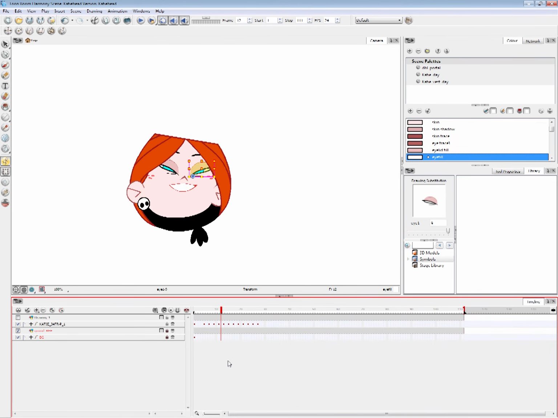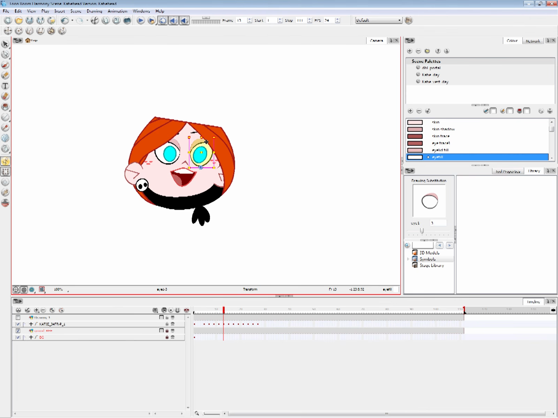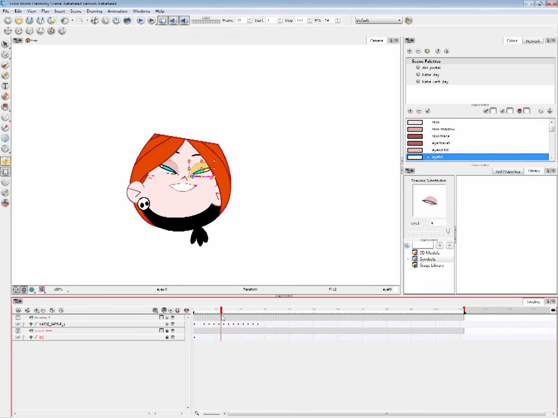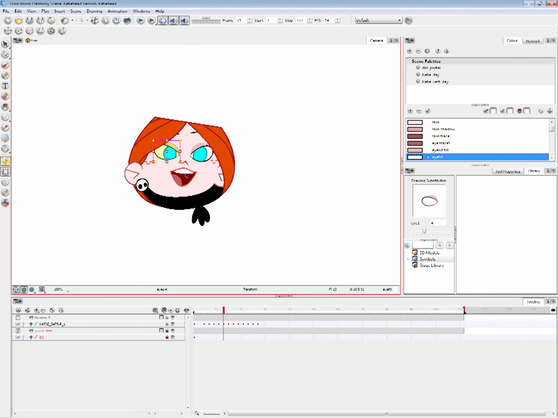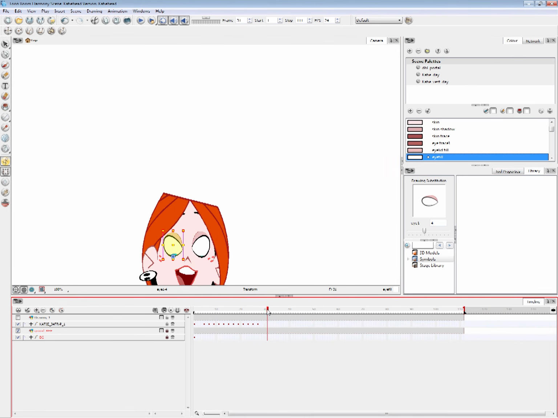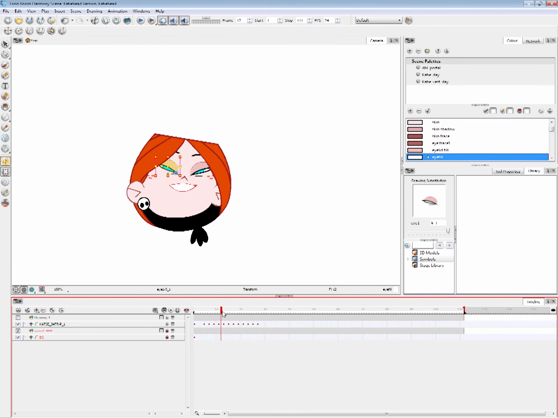Probably didn't explain that correctly, but here we have eye number 3, which was going to the end of the scene, right? But if I change it to eye number 4, the rest of the scene becomes eye number 4. In this case, it's okay.